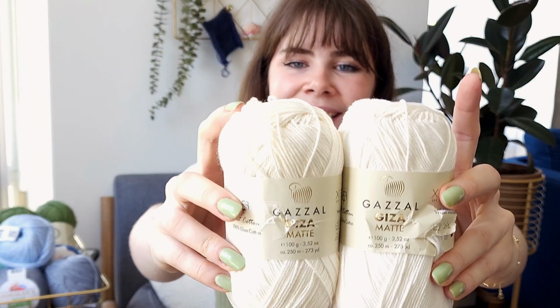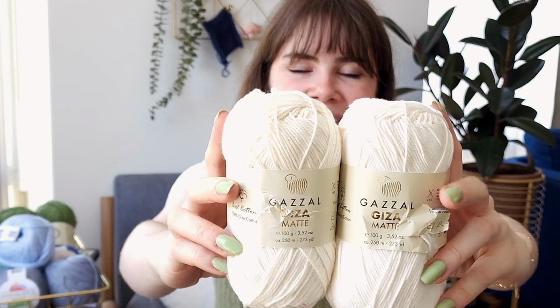Okay, can you tell the difference? This one and this one? They're the different lots. I couldn't tell last night. This one also feels a little softer. Well, this is why they say get the same lot, get as much yarn as you can for your project instead of reordering, because